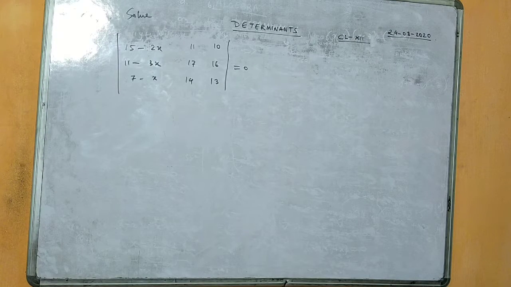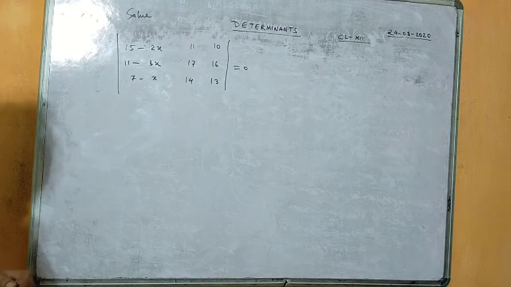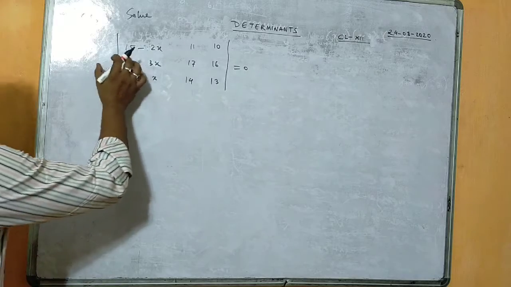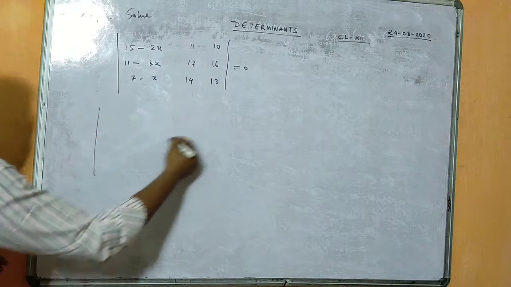So here you can see again, this is also a solved question now. Now in the question we don't have 1 1 1 in the left hand side, so we have to make 1 1 1 here. Now you see which row and which column you will subtract so that you can make 1 1 1. Note here.